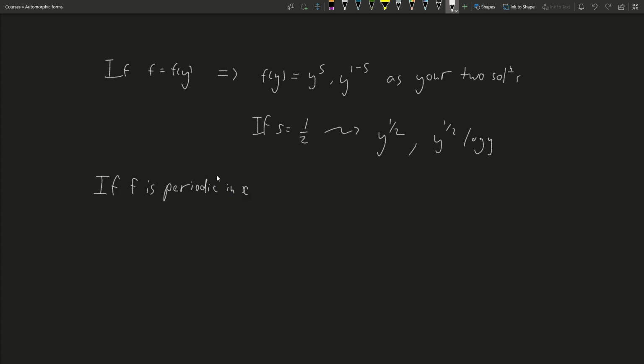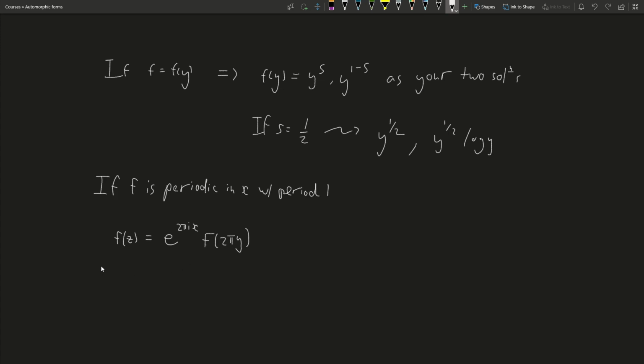Periodic and non-constant in x, with period 1, say. Then let's write f of z is e to the 2 pi i x, and then some uppercase F of 2 pi y,